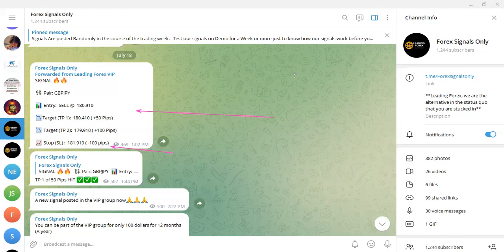So I want you to take this signal here, for example. This signal, I want you to take note of the entry. If you can write it somewhere, that will be fine. The entry is a sell at 180.910. That is the entry price.